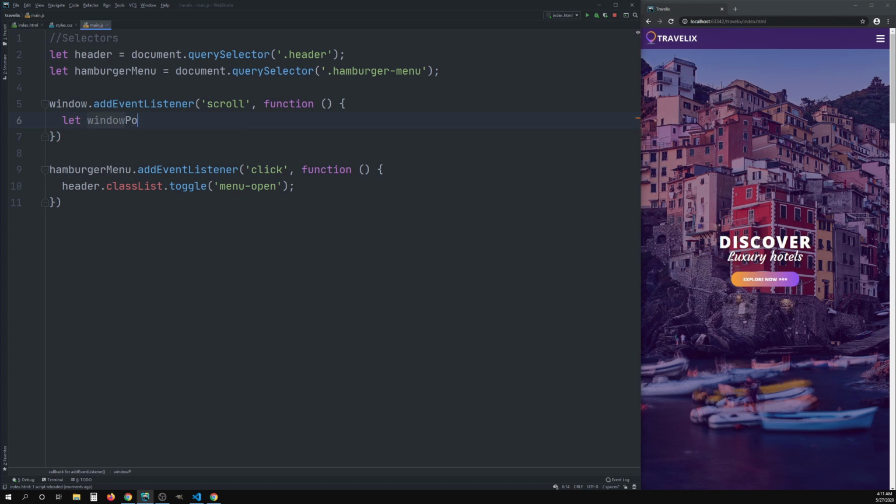Window position, and I'm going to be having a conditional here that we will be storing inside of this window position variable, and we will be using it later on to toggle the color on and off. So this is going to work kind of like an if statement, except that we will be placing it inside of a variable instead. And what we want to do is just grab the window y,